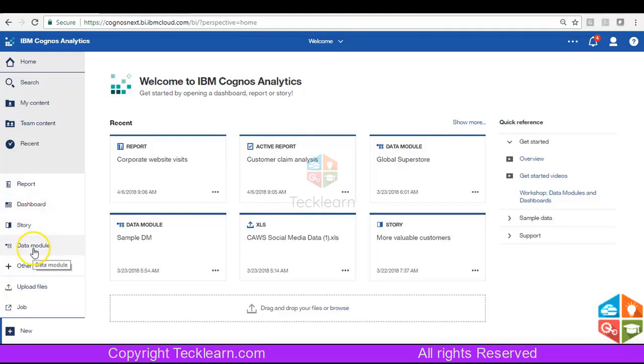And data modules, as I said, here we have a concept called a data module. Data module is not actually replacing the framework manager or the transformers part. We still have framework manager and transformers, but data modules is something for the power users or quick, ad hoc users, where we just want to quickly connect with their relational data sources, and if they want to create some kind of packages out of it.